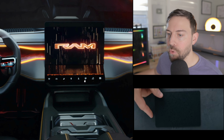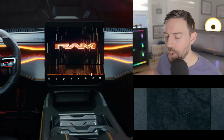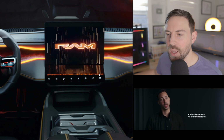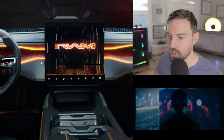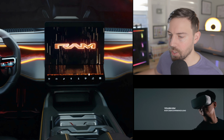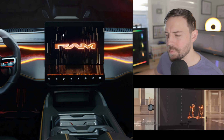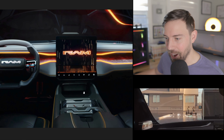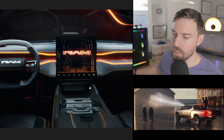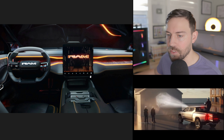The screen here folds away. And in the press release, I think it says removable, but I think it really just folds up and tucks up under this main screen here. So you have about a third of the screen. So you can have your climate control down here, your maps up top, your music up top, but you can fold it out, and you can also tilt these screens to adjust to the eyesight of the driver,